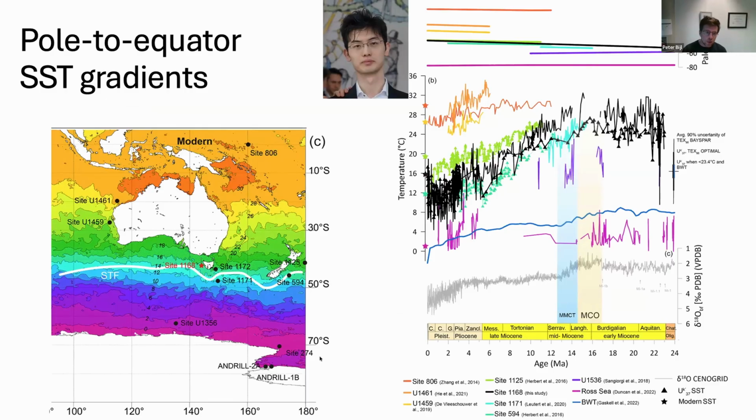So if we look again at the compilation of these temperatures in the latitudinal transect, we see obviously warm temperatures from the Western Pacific warm pool and a little bit of cooling, strong cooling in all these sites that come from the subtropical front area, and very little cooling in the Ross Sea. And that's because the Ross Sea was always close to land ice and the ocean water was feeling that.